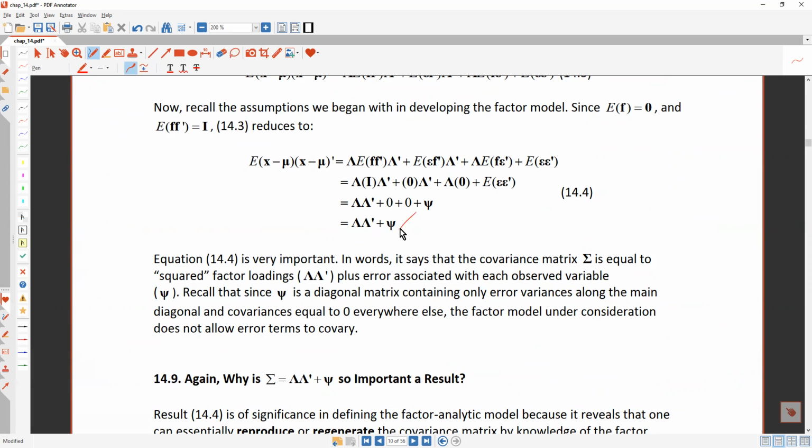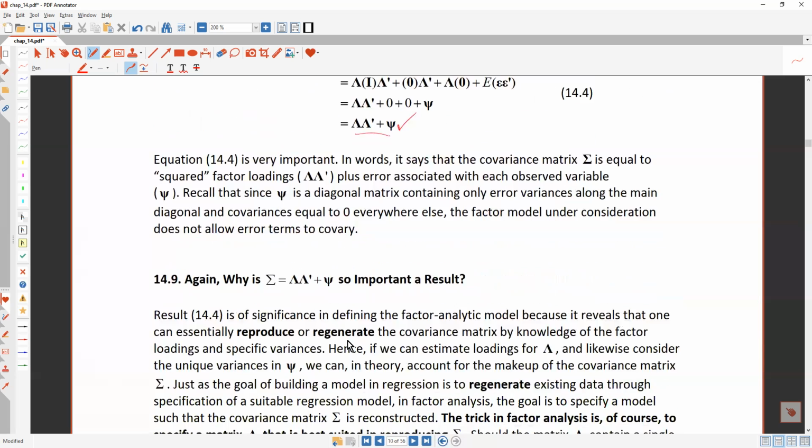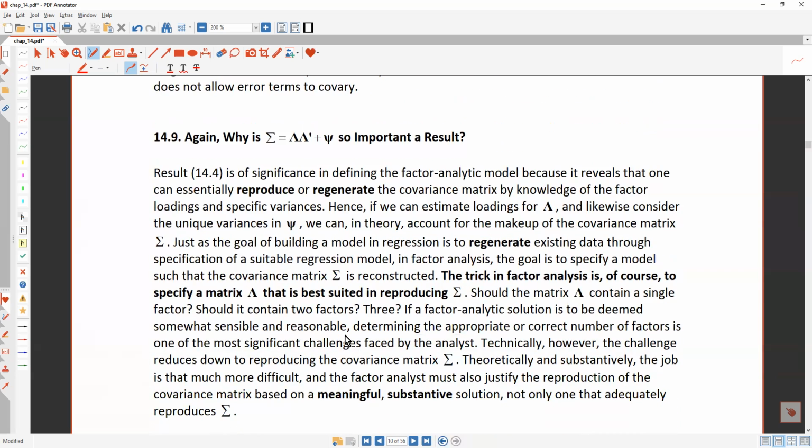It's just showing how the factor analysis model goes from our factor analysis equation to this. Well, it's up here. And there's more to that derivation, but a brief summary is up here if you want to look at it. So let's get back to this issue of why this is so important. Well, this is important, as we mentioned, because we're trying to reproduce or regenerate the covariance matrix. So we said that the actual job of the factor analysis is to justify the reproduction of the covariance matrix based on meaningful